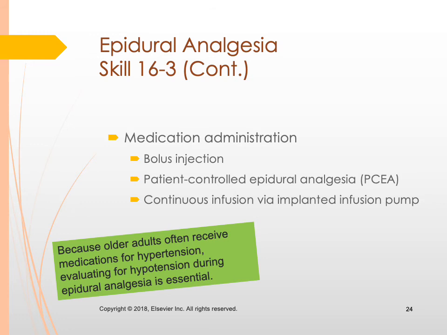If you see any clear drainage on the dressing, that may indicate also catheter migration through the dura mater into the subarachnoid space, and we would need to stay with the patient and call the doctor right away for something like that. Okay, some complications of epidural anesthesia include hypotension, respiratory depression, motor blockade, urinary retention, pruritus or itching, and superficial